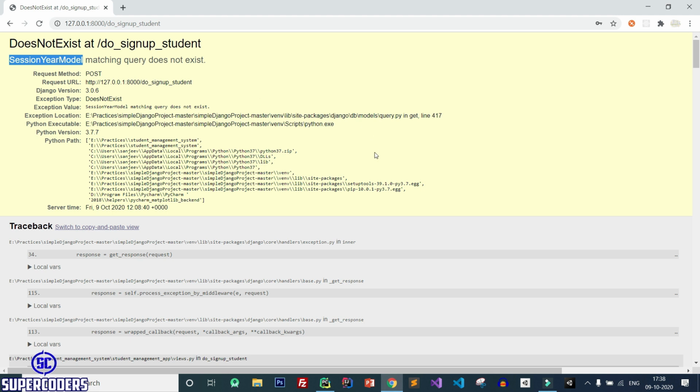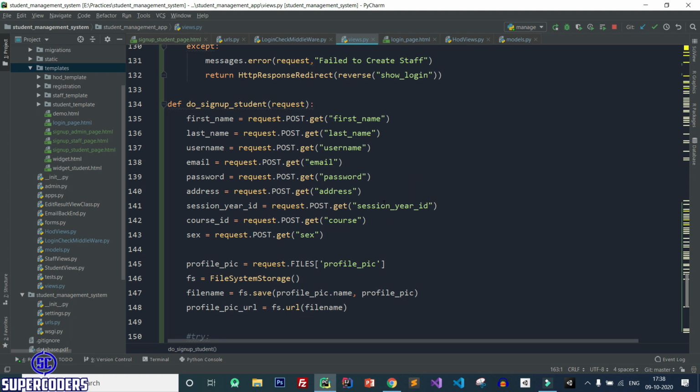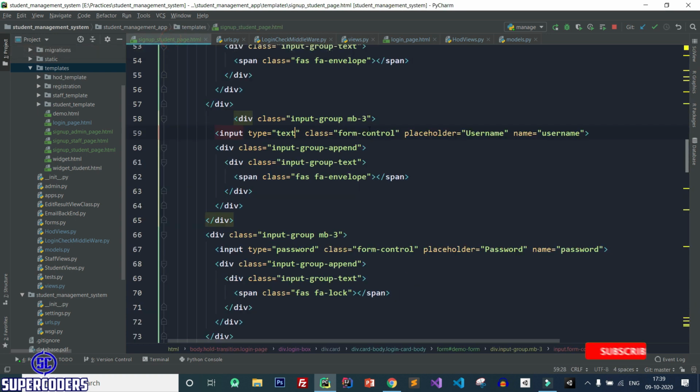So let's see what is this error. So back to PyCharm and here if you see it is asking for session year ID and we are passing. Let's see what we are passing.